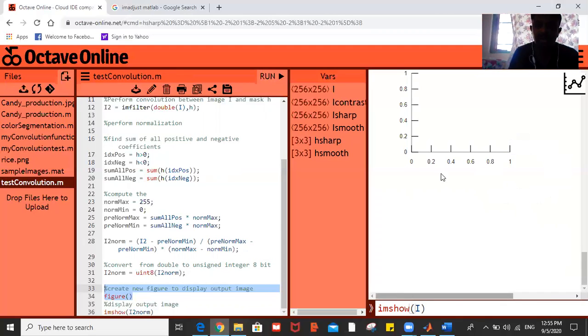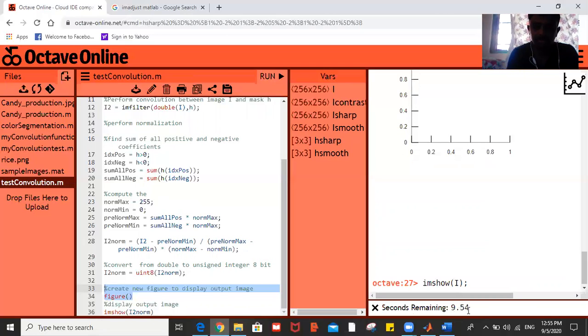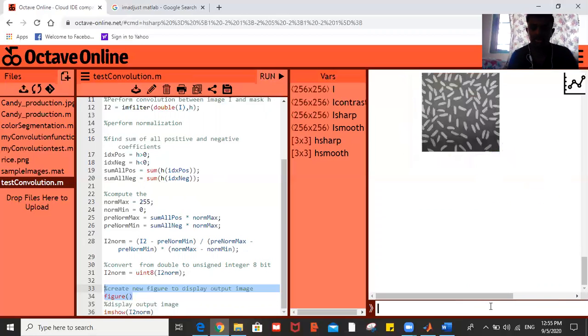So that is why this thing comes up, because this is the plot. I'm not able to write everything here and then run. So I have to do it one by one. So if you see